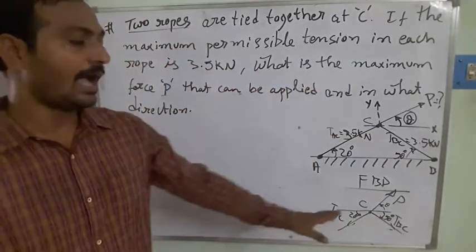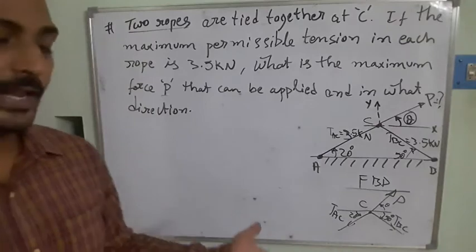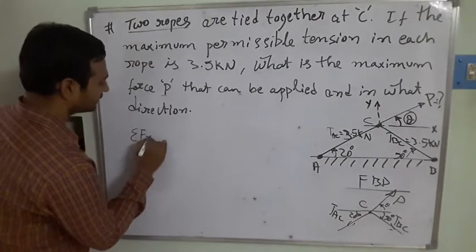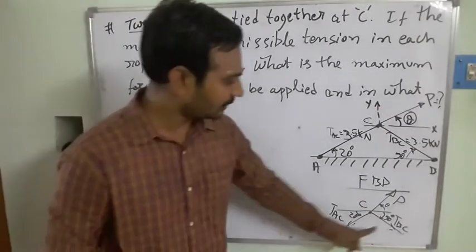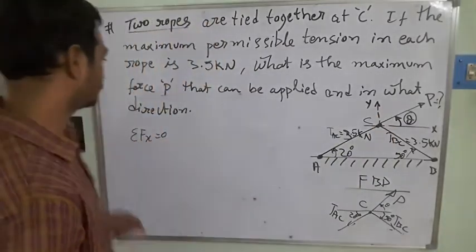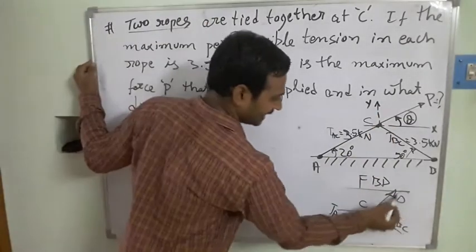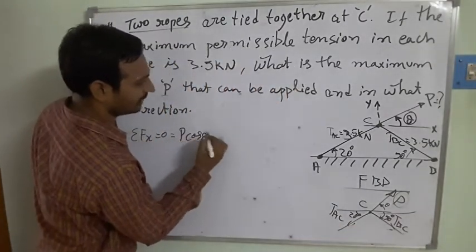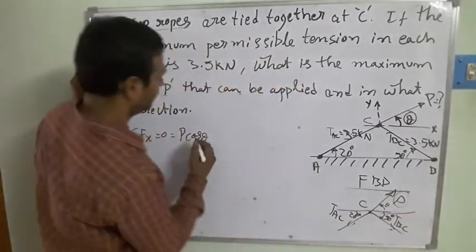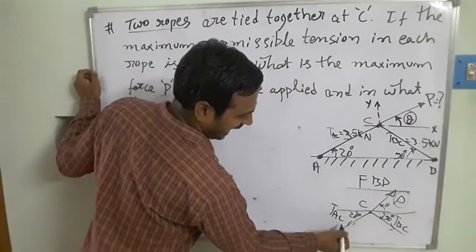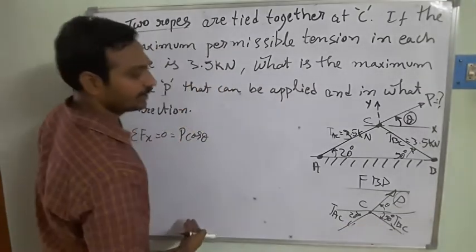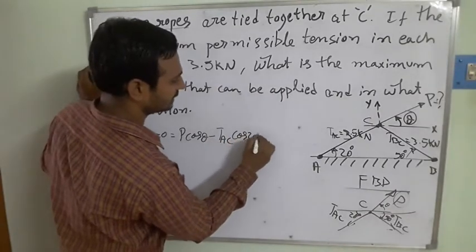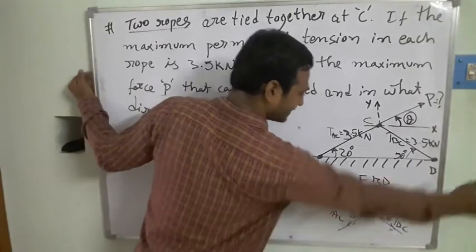Then I am going to resolve the forces in the x direction and the y direction. What is the equation of equilibrium? Sigma Fx is equal to 0, right? I am resolving these forces into x-axis as well as y components. First I take P here. The horizontal component for this is P cos theta, the adjacent side. Next, TAC is moving towards the left side, so it is minus TAC cos 20 degrees, and TBC is acting towards this side, where the x-axis is increasing.